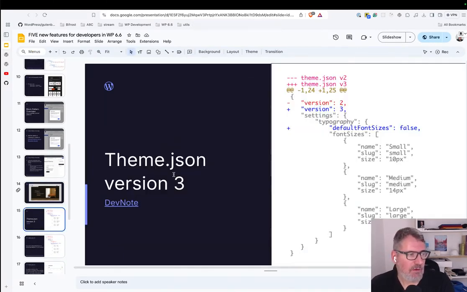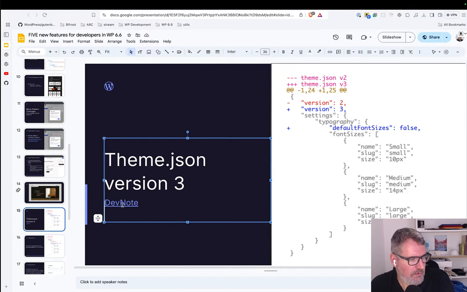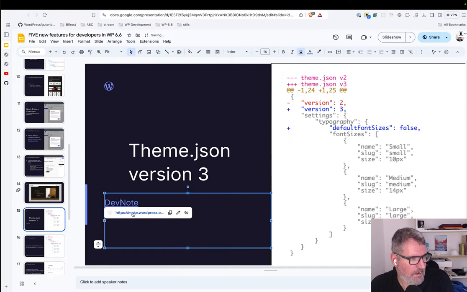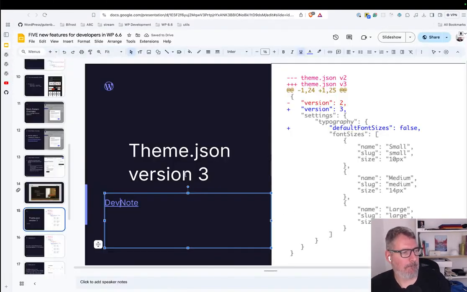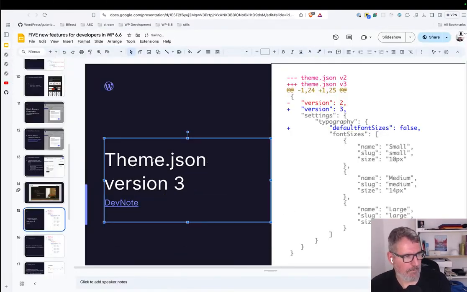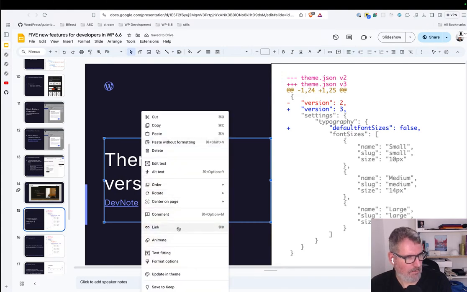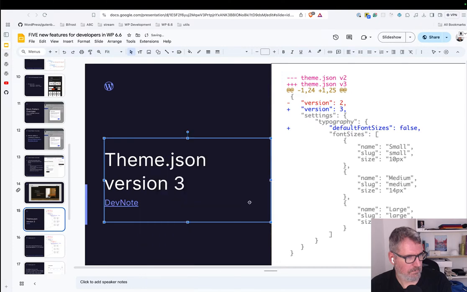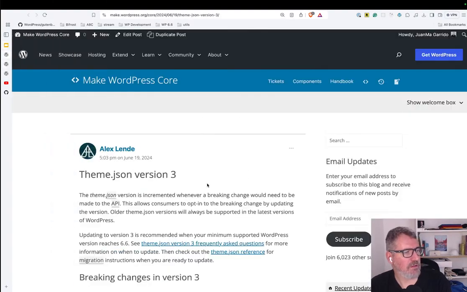Okay, let's talk now about Theme.json version 3. But first, let's talk about what it means, version 3 of Theme.json. Well, this is the dev note. Let's open the dev note. Okay, so if we go to the dev note of Theme.json version 3,